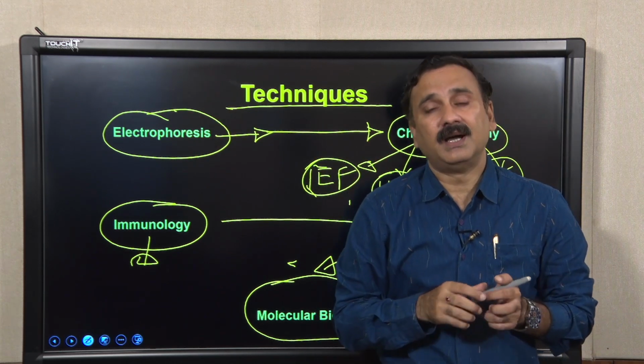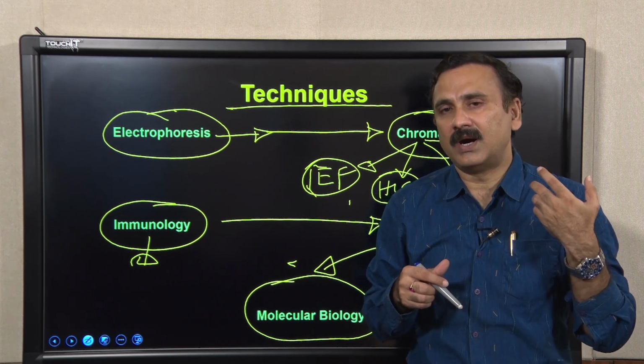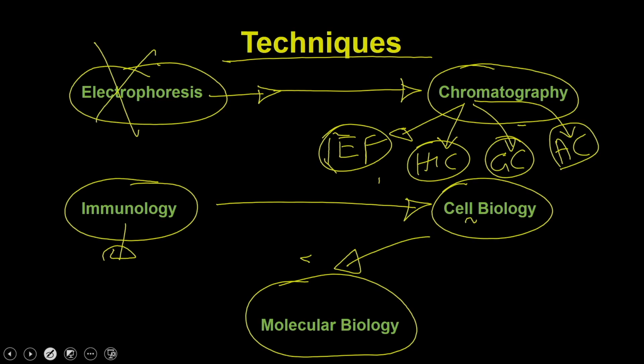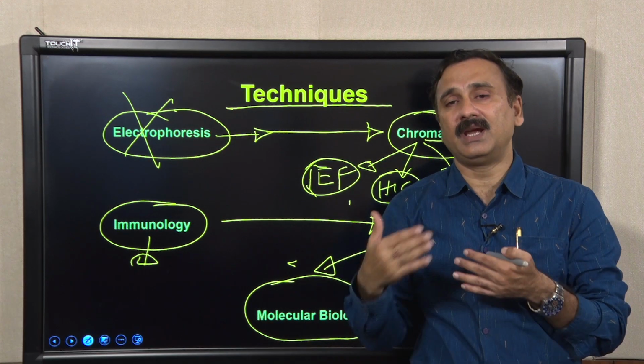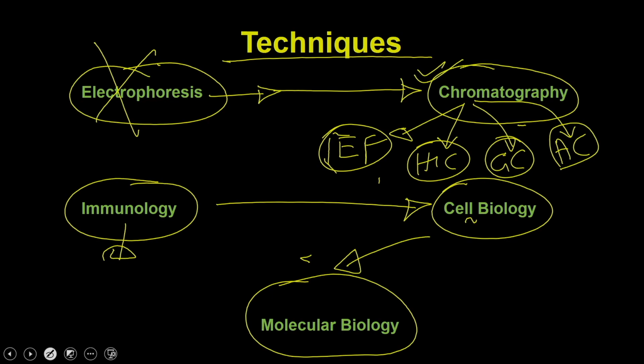That is one aspect. The other aspect is that in some cases when you are trying to answer questions, you may not have electrophoresis. So, what can you do? You cannot just answer the questions? No, that is not the case. When you have a question, you have to answer that particular scientific question by designing an experiment. But since you do not have an electrophoresis system in your lab, it does not mean that you cannot design an experiment. You can do it simply by chromatography or with the help of immunology.